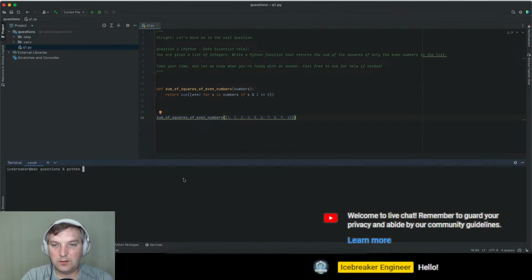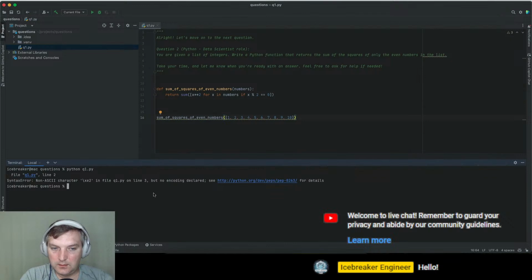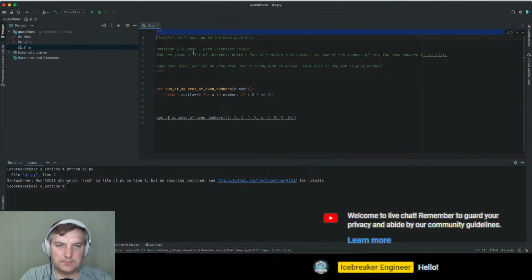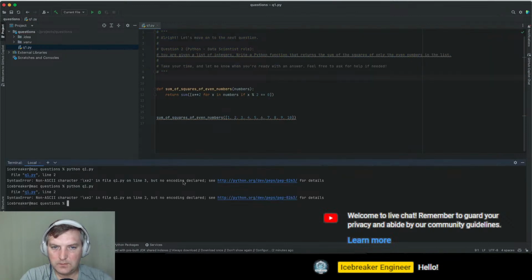So we can do sum of numbers, and then we provide just numbers, and then we can just run python question 1. And why is it not working? Line 3. Oh, because of all of those, right.